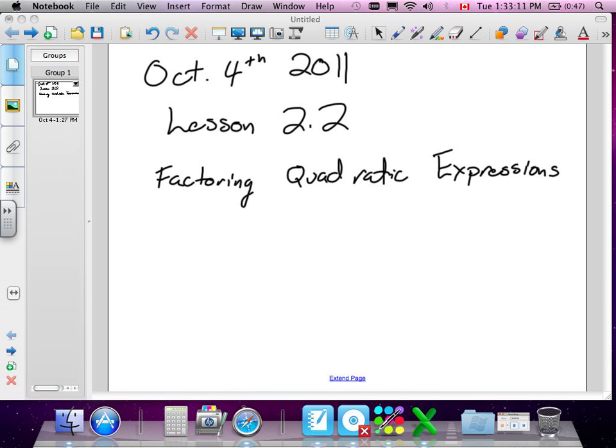Okay, October 4th, 2011, we're on lesson 2.2, factoring quadratic expressions. We're going to go over factoring polynomials, and then we're going to get into quadratic expressions. So an example of that would be if we had the expression f(x) = 2x - 6. If we were to factor this, we're going to be looking for the greatest common factor of both